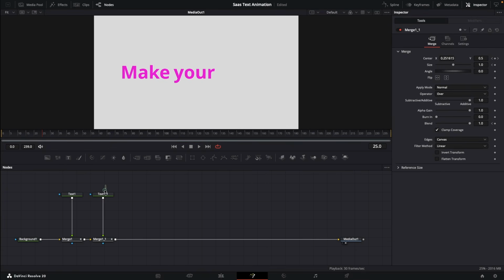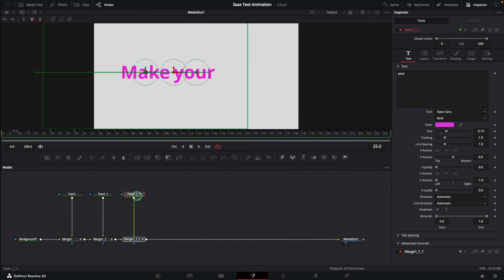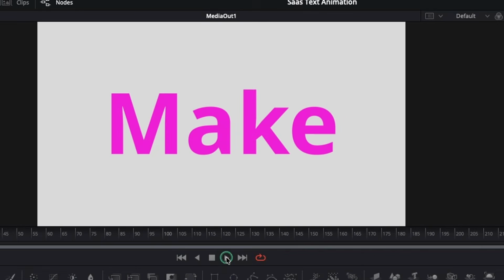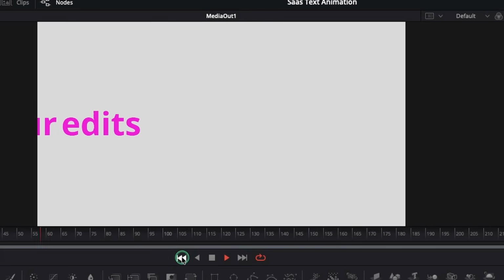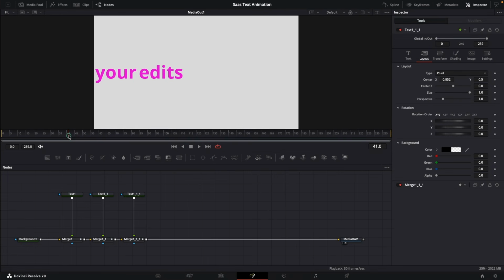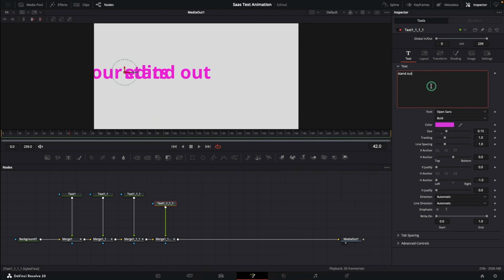Now I'll copy and paste this second text and its merge again, merge it into the node tree, change the text, and position it right after the second word. And save a lot of time. Now this next word is going to be the keyword, so let's make it stand out a bit more. I'll copy this third text and its merge, paste them, merge them in, change the text, and position it right